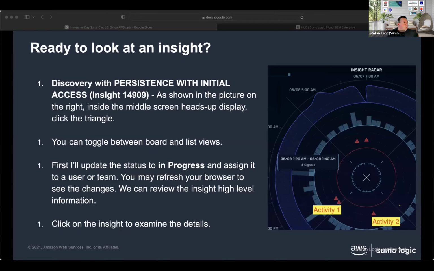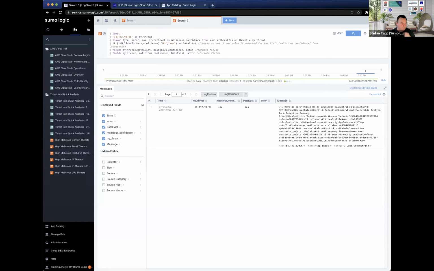So let me just flick across to Cloud SIEM. For some reason, Zoom keeps jumping my screens around. Every time I go in to share, it's in a different position. Okay, so